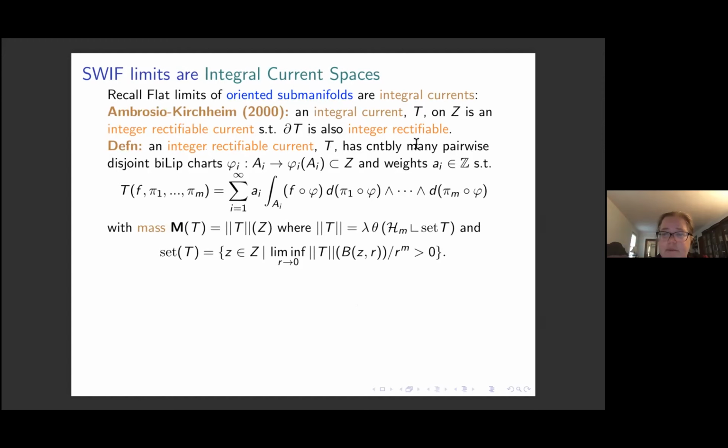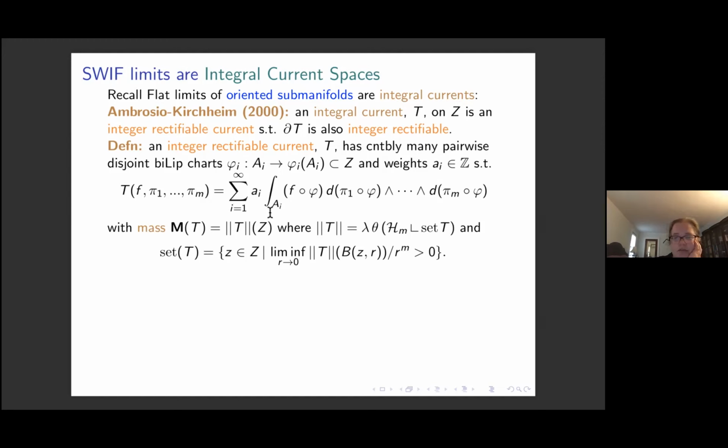And integer rectifiable means you can find countably many pairwise disjoint bi-Lipschitz charts, just that they exist, not that we actually know what they are, and weights a_i in the integers, such that we can write T acting on a tuple of Lipschitz functions, T of f, pi_1 to pi_m. So f is a bounded Lipschitz function, and these pi's are Lipschitz functions. They are functions that are defined on Z and have real values. And T acting on them is defined to be the sum of a_i, those a_i are the weights in the integers,